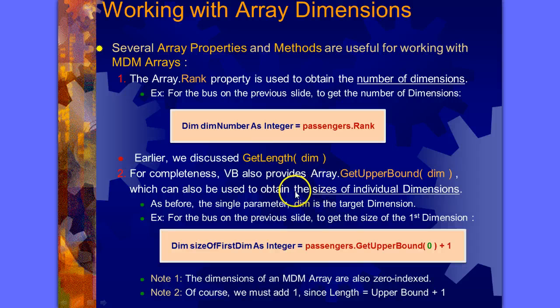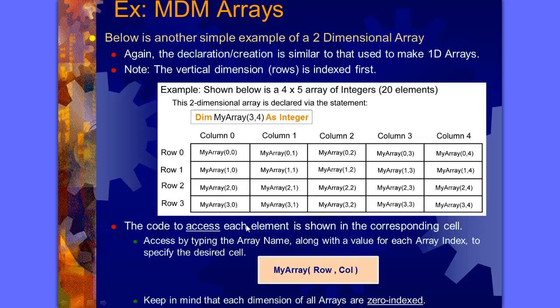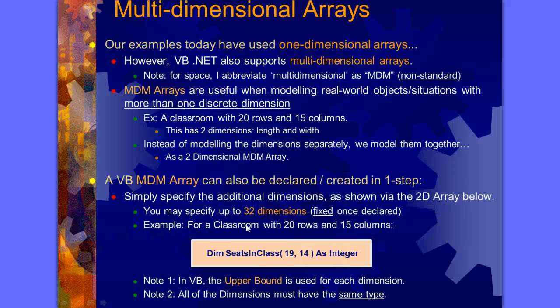For completeness, VB also provides array.GetUpperBound(dim), which can also be used to obtain the sizes of individual dimensions. As before, the single parameter dim is the target dimension. For example, for the bus on the previous slide, not a bus, but say for this one, seats in a class. So on this one,